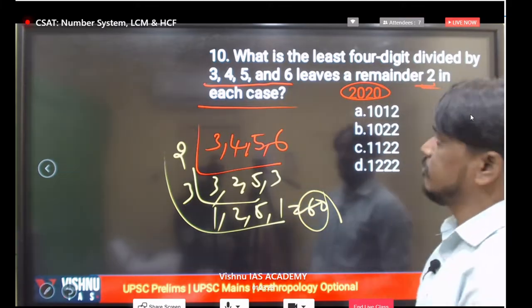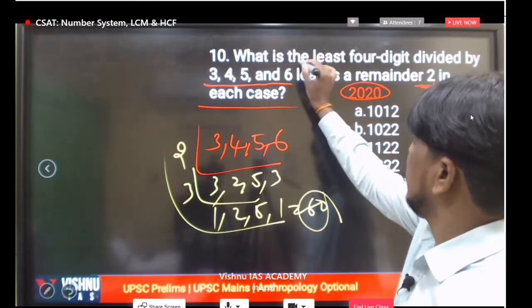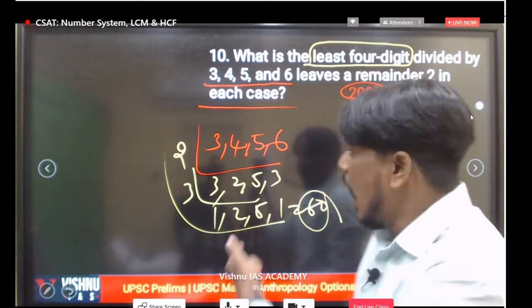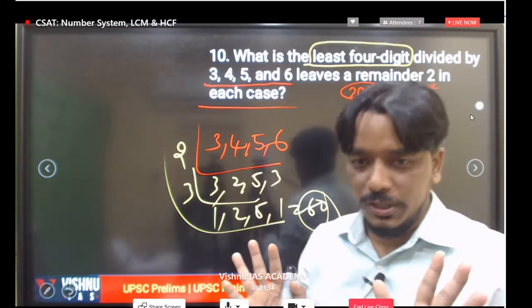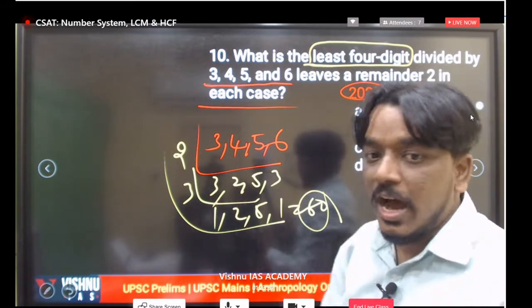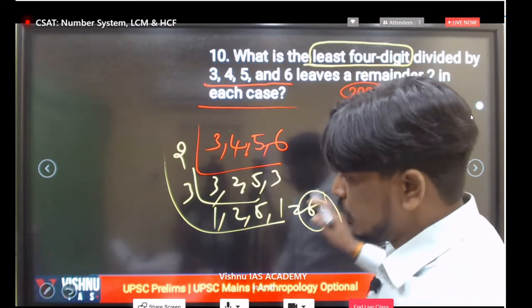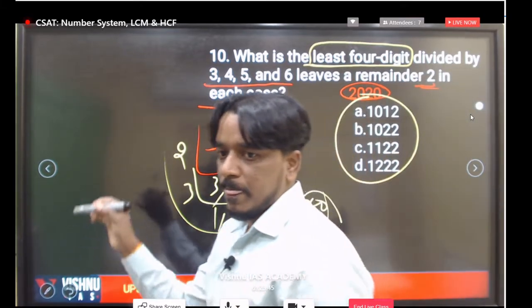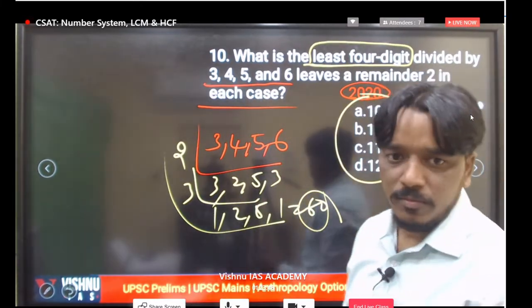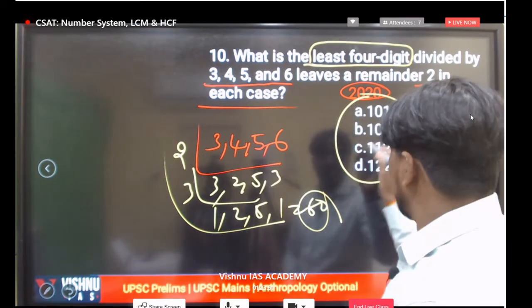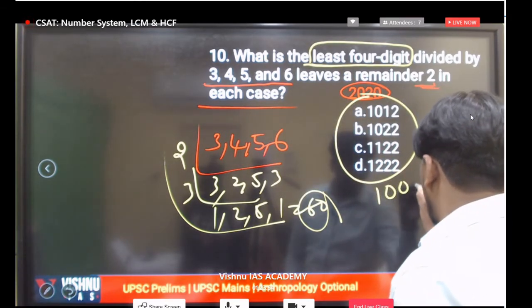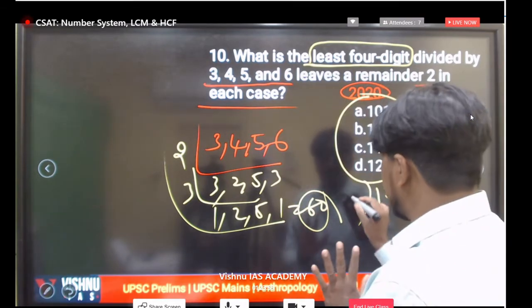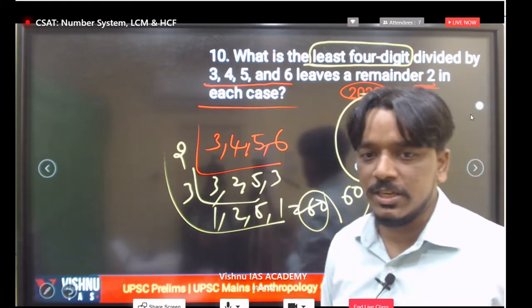After getting the LCM of these given numbers, what do we have to do? What is the condition? What is the least 4 digit number? In this type of question we have to go based on the options. They can ask the least 4 digits or the highest 4 digits, but the procedure is the same. In this situation all these numbers are very near to 1000. We take 1000 as the base number. The least 4 digit number, just divide with 60. Clear?